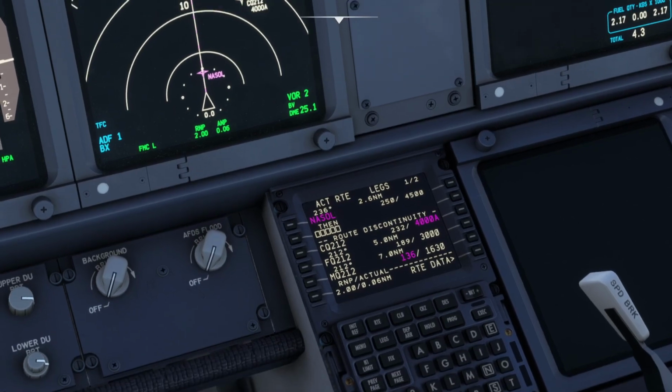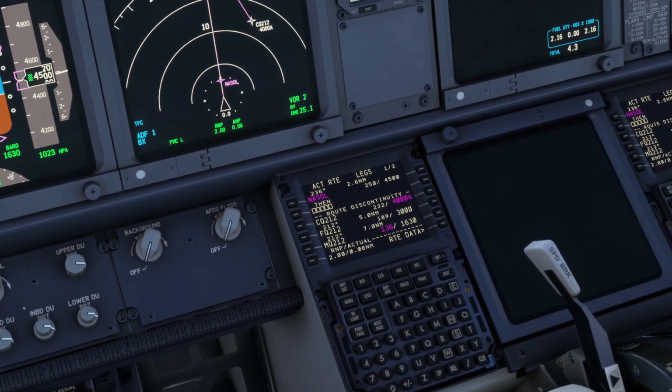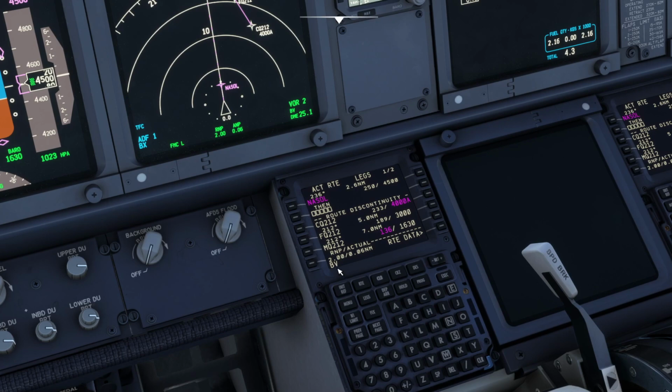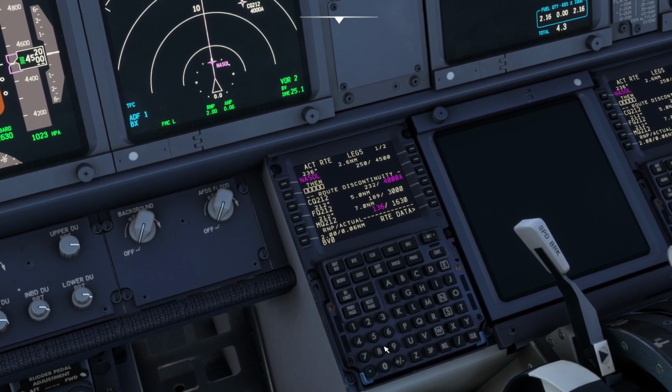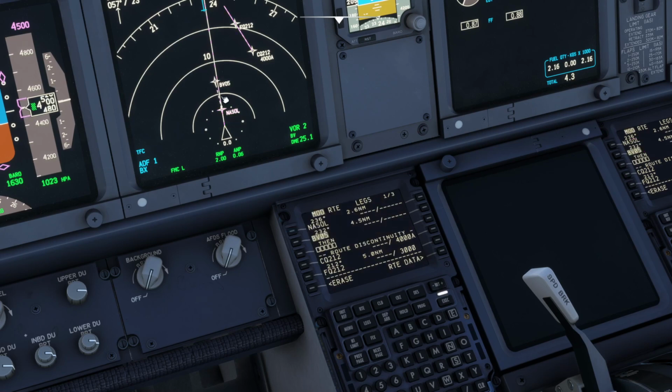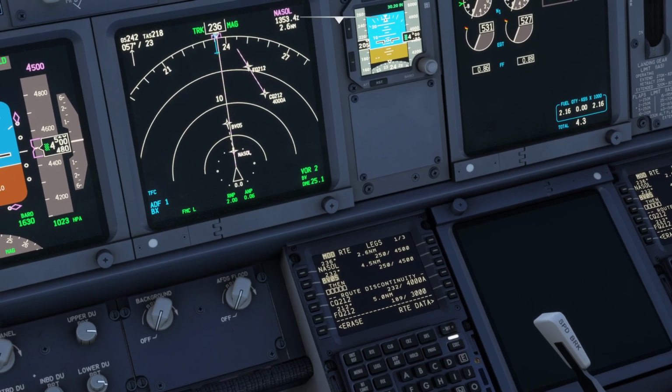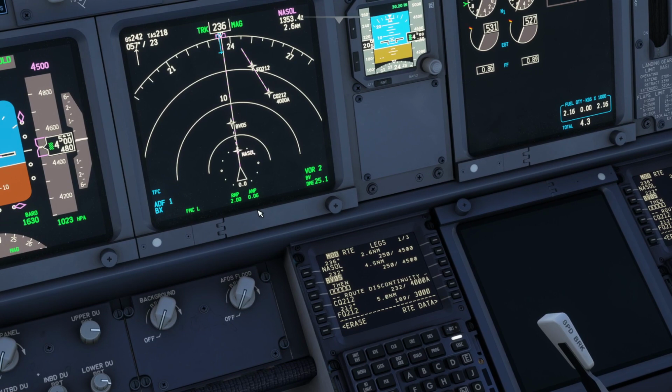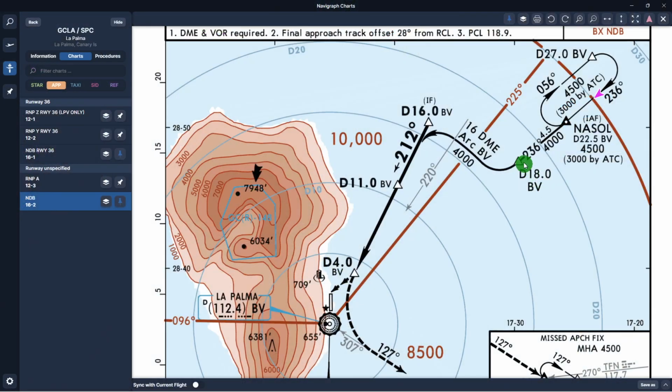and what I'm going to do, I'm going to set the next point, which is the Bravo Victor. This is the name of the DME, and I want it on the radial 056 at 18 miles. Okay, and I will insert it after Nassau, and I select which Bravo Victor I want, which is the closest one, the La Palma. So I select La Palma, and as you can see, it creates a point here named Bravo Victor 05. What we just created here